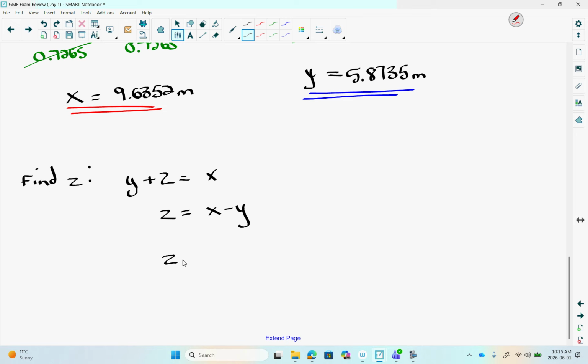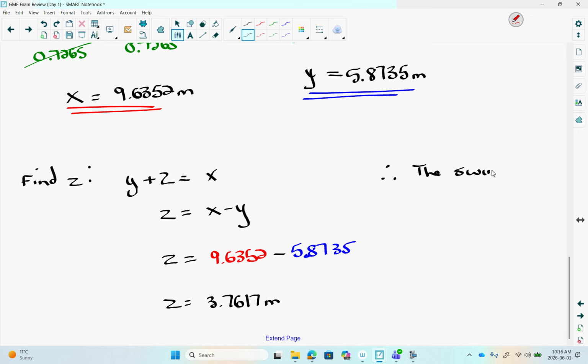Here's where I take the 9.6352, the larger value, and I subtract the smaller value, 5.8735. And that's going to leave me with z, which is the total distance, 9.6352, the total distance between the two swimmers, minus 5.8735. I get 3.7617. And I would say the swimmers are